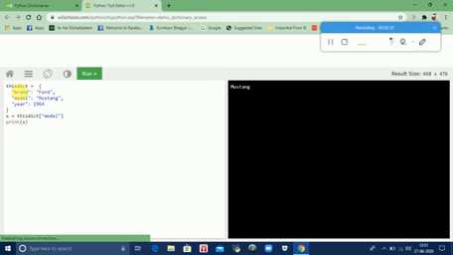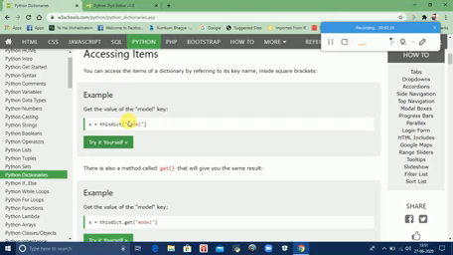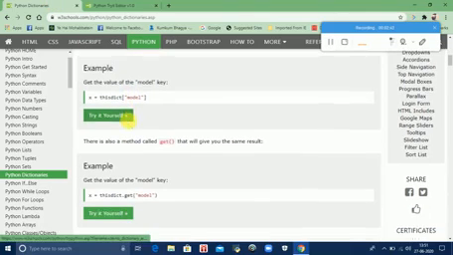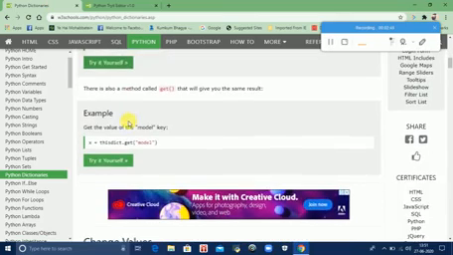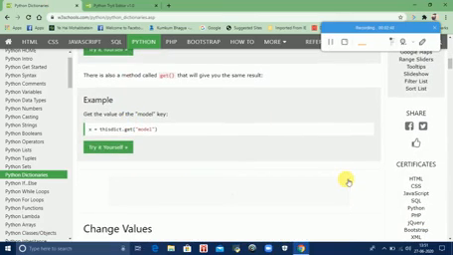So here is a dictionary, name equals to the definition of the dictionary, means you have described a dictionary. x equals to dictionary name model and print x. So your model name will be displayed here. Now there are various methods to display your dictionary. You have one more method, that is get.